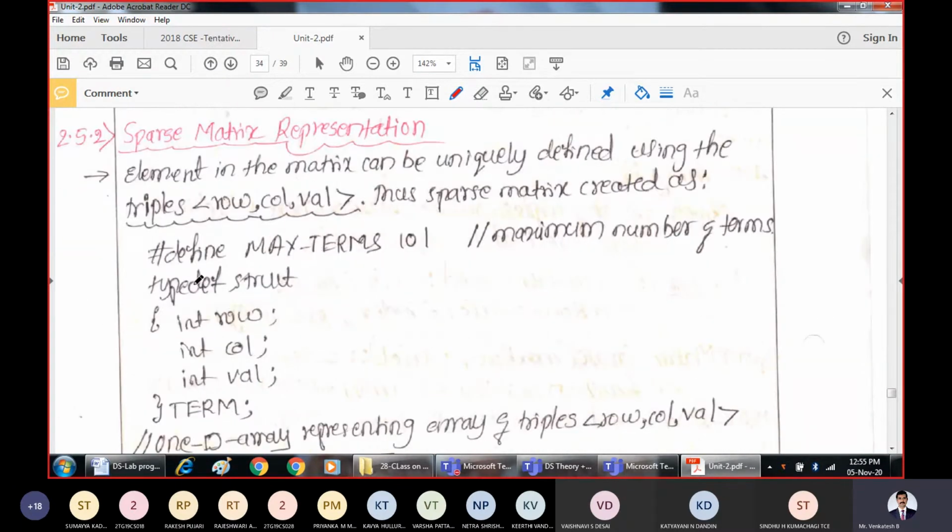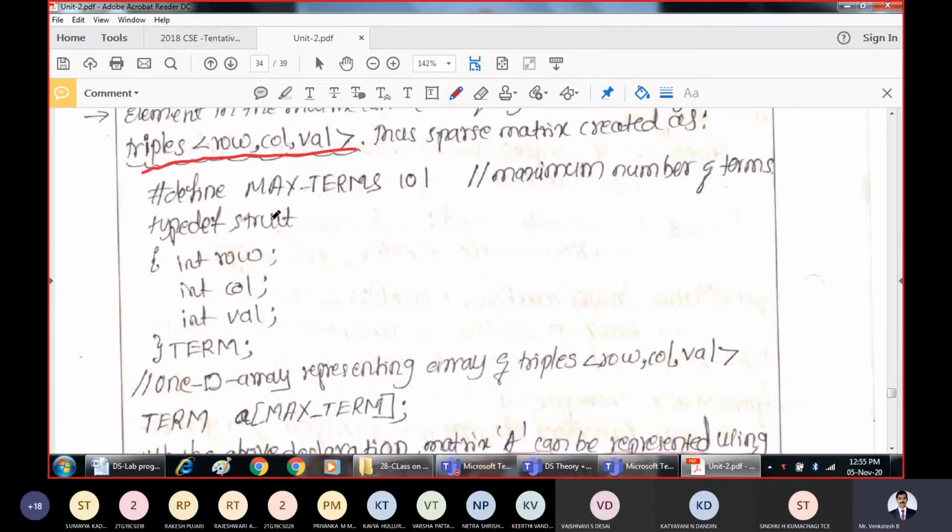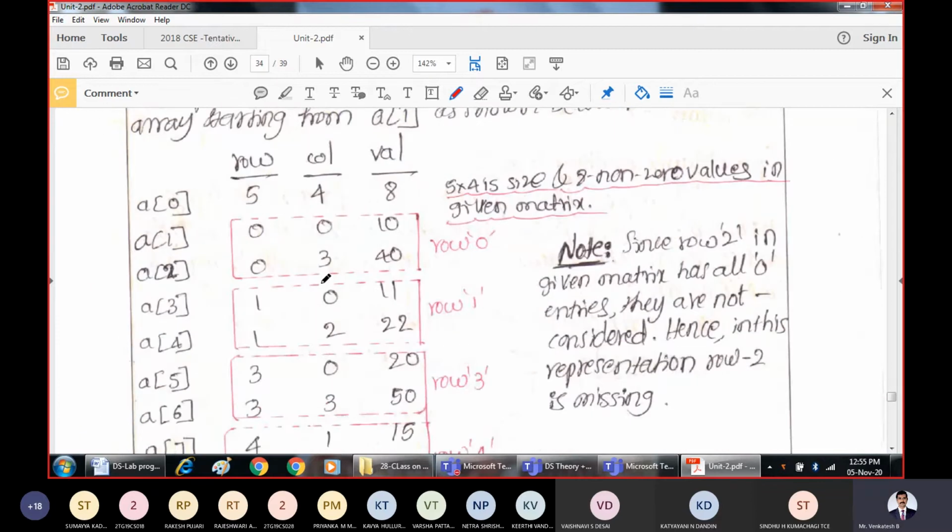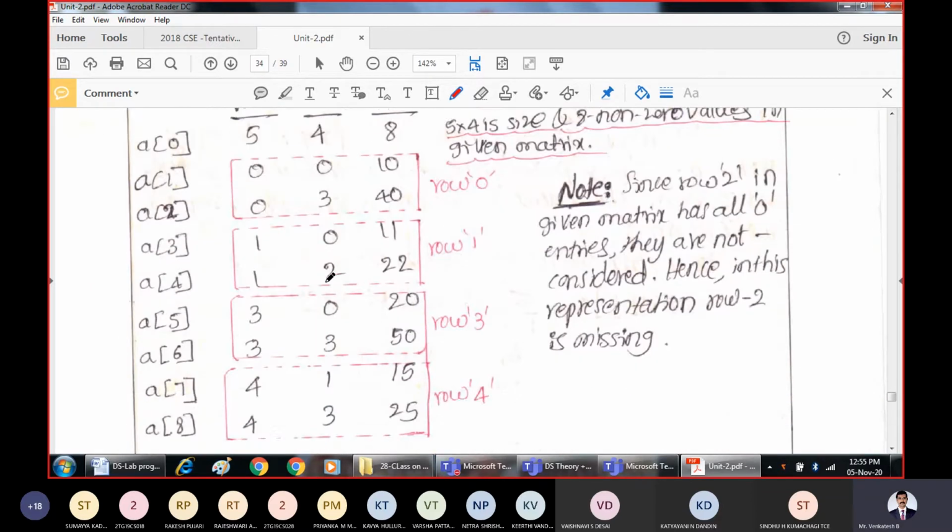In the sparse matrix representation, we use the triplet representation called row, column, and value, and this is the corresponding structure definition. For programming purposes, we use the row variable for pointing to the row, the column variable for pointing to the column, and value to store the actual value. Right? So for the given sparse matrix,